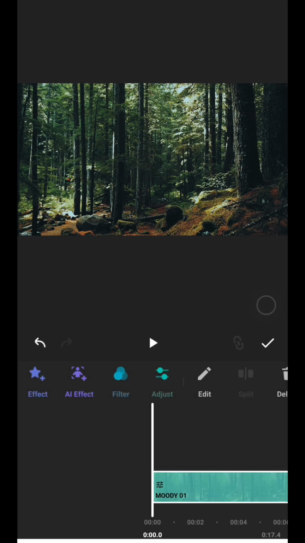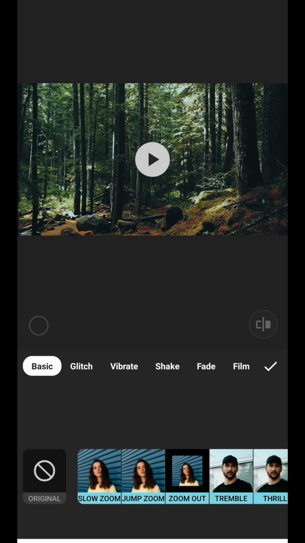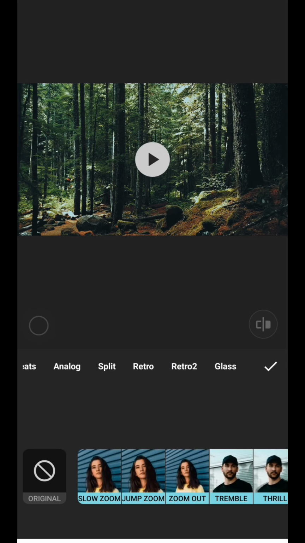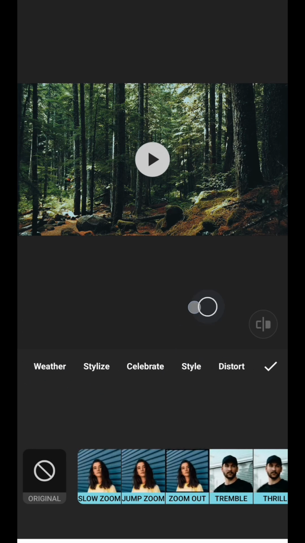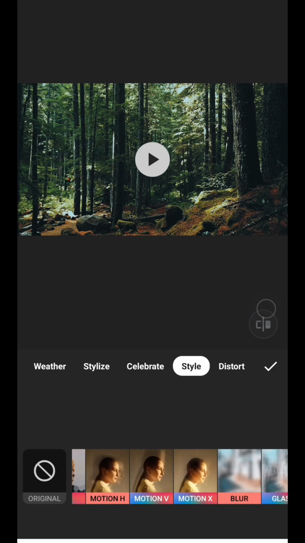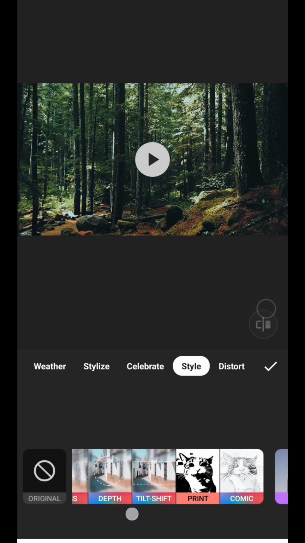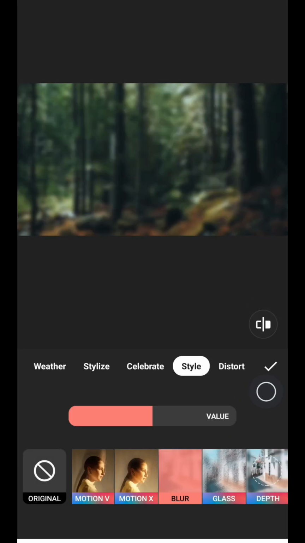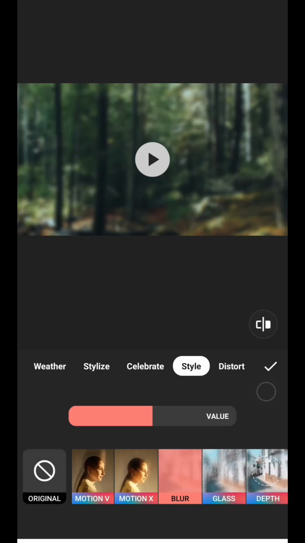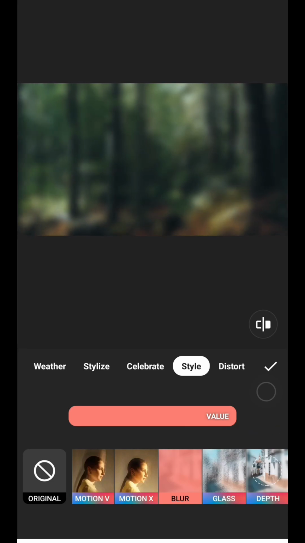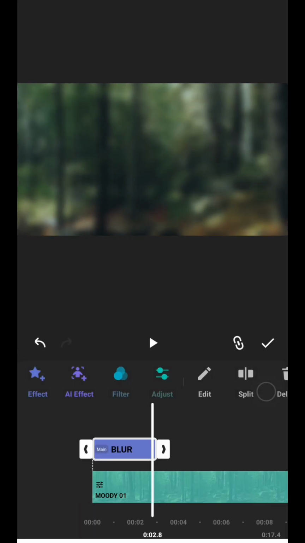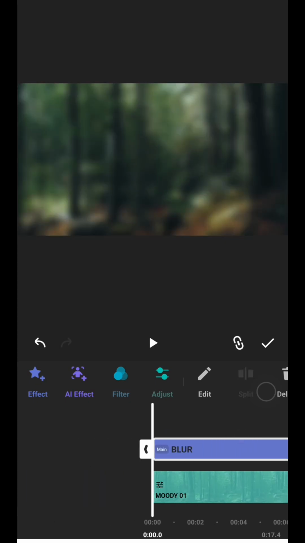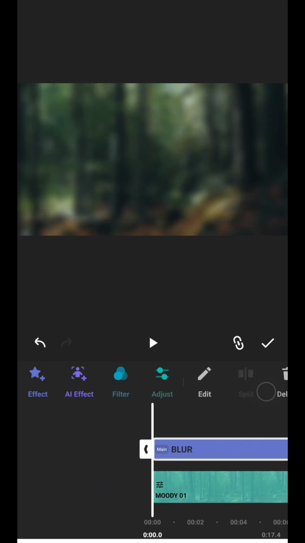Now just head over to the effects and then choose style. This one, just tap on it and then choose blur, this one, and then just push the blur intensity all the way to maximum like this and adjust the duration like this. And once you're done, just export the blurred video